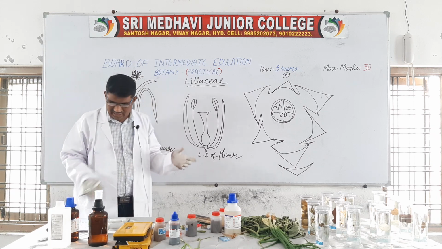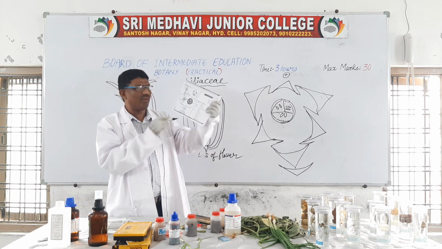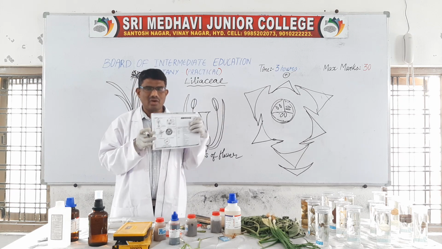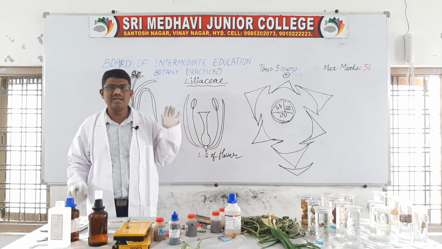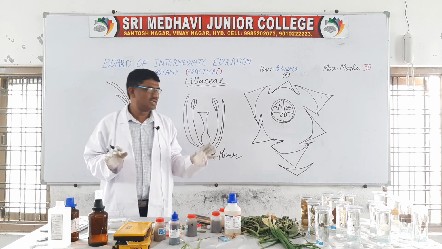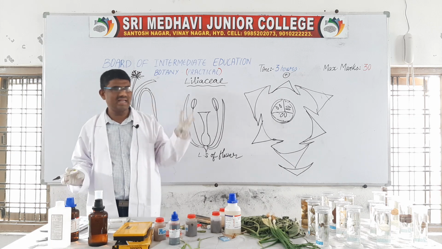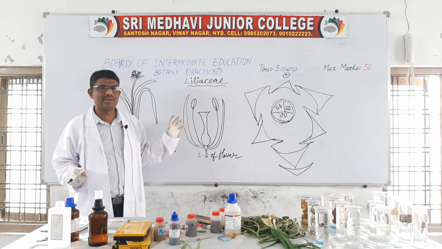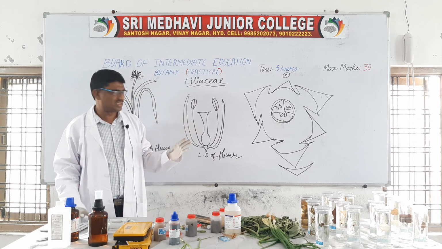Then many diagrams are in the manual, 1, 2, 3, 4, 5 diagrams are there. But all 5 diagrams are not necessary. You have to draw only 3 diagrams; only for these 3 diagrams you have marks. Out of 5 you have to draw only 3 diagrams. The 3 diagrams are a must. When you draw these 3 diagrams you can get 6 marks compulsory. This is the first question, right?